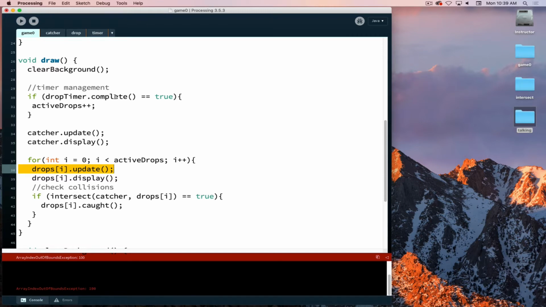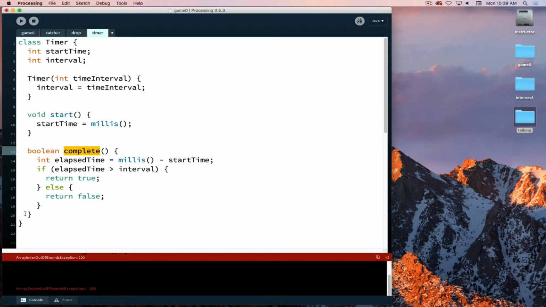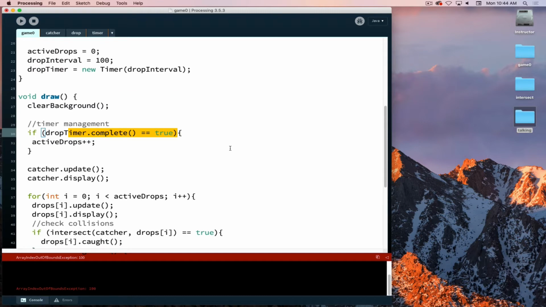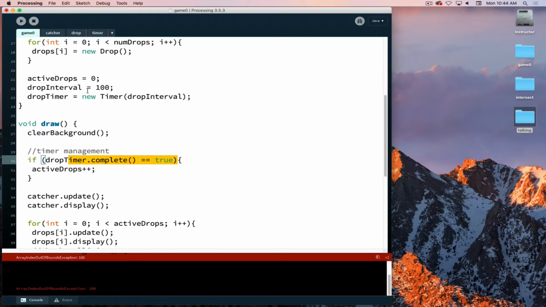So the timer is effectively done right away at the beginning. It's done because if I look in the timer here, because we haven't told it to stop, my elapsed time is going to be greater than the interval, so it's automatically just going to keep returning a true value. The only time the timer doesn't return a true value is when the timer is running. The timer's never been told to start,